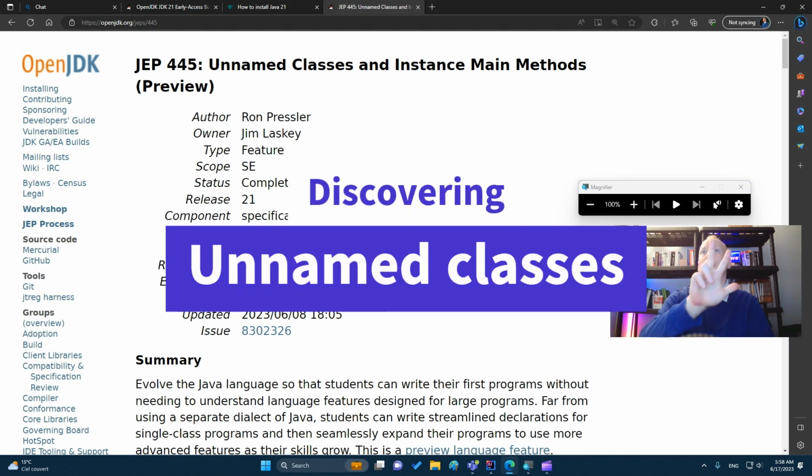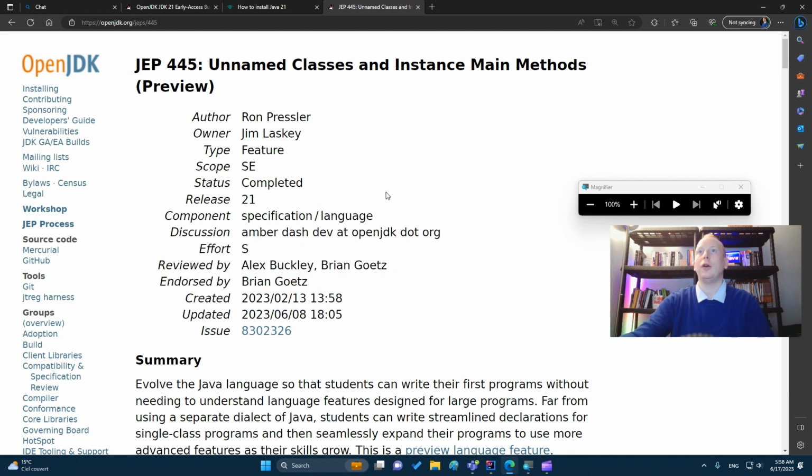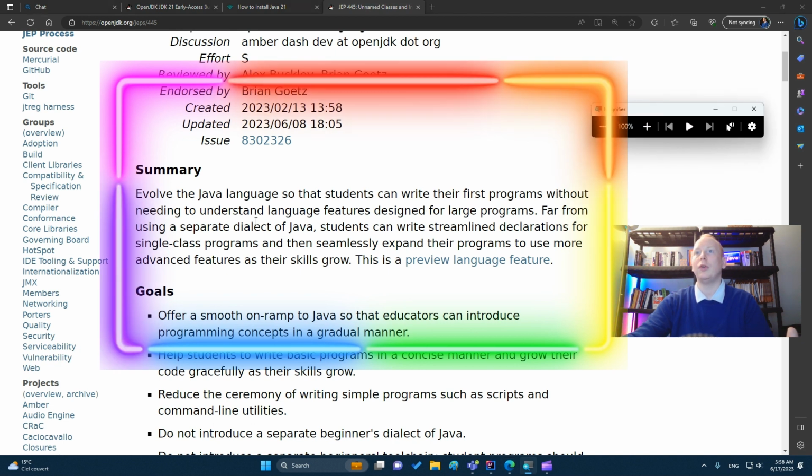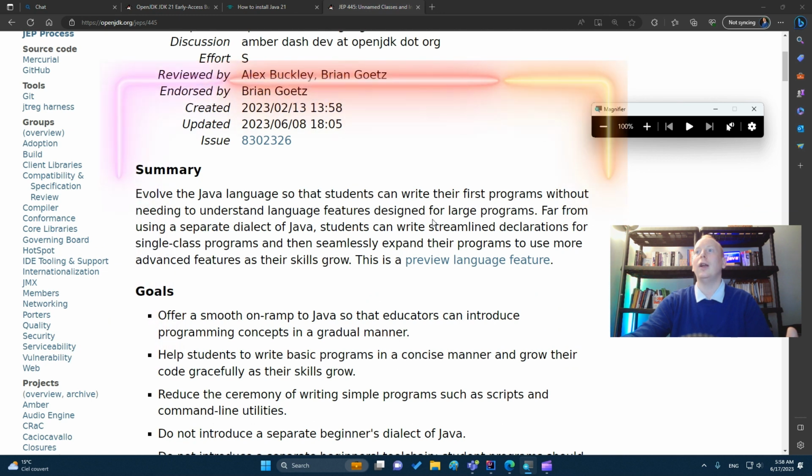pass to the third step, and this is the definition of this feature. It is from proposal 445, unnamed classes and instance main methods. And the goal of this, as a summary, is to evolve the Java language so that students can write their first program without needing to understand language features designed for large programs.